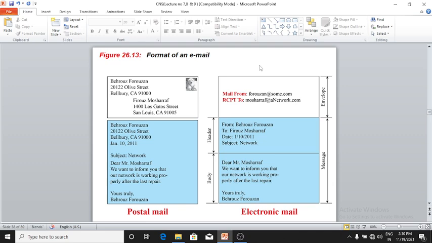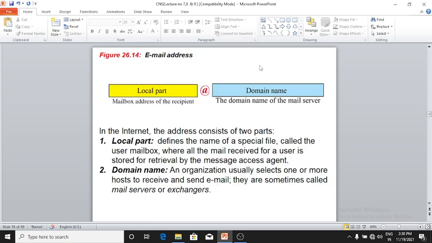Email address: the format is local part@domain name. In a mailbox, the address has the recipient and the mail server. In the internet, the address consists of two parts, the local part and the domain part.